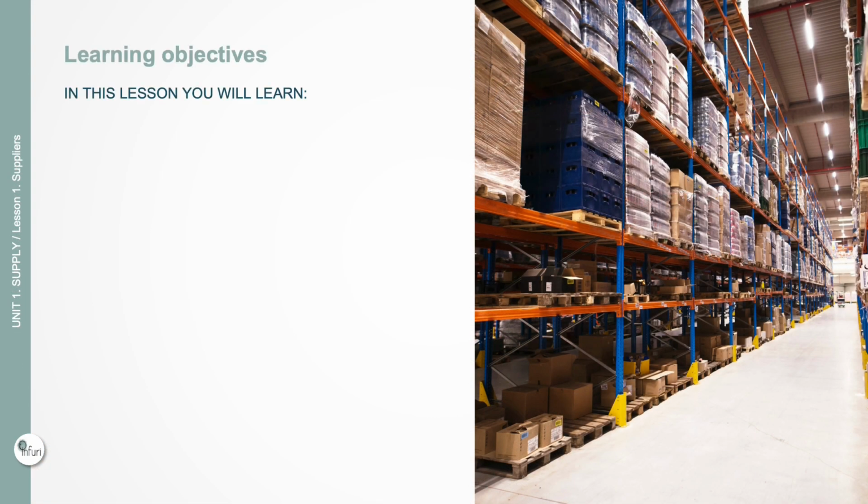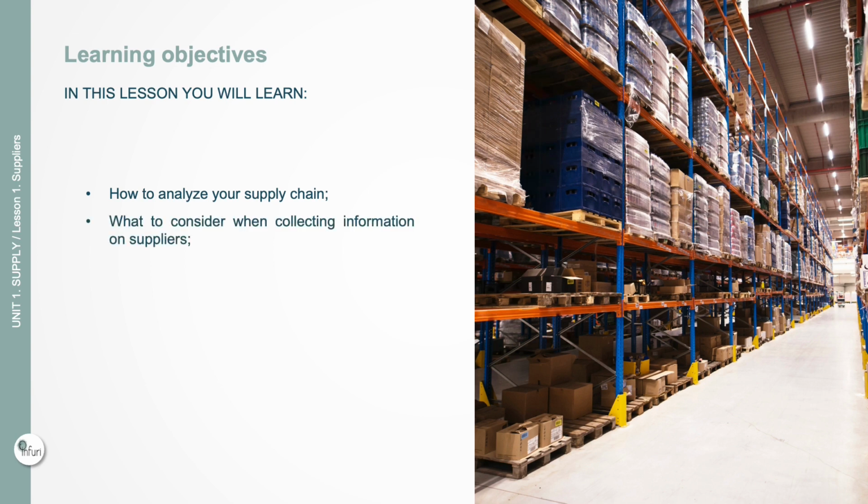This lesson aims to introduce principles of circular economy and to guide professionals and students related to the wood furniture industry into considering their current supply chain and suppliers, as well as the choice of future suppliers from a circular economy point of view. The learning objectives are: how to analyze your supply chain, what to consider when collecting information on suppliers,